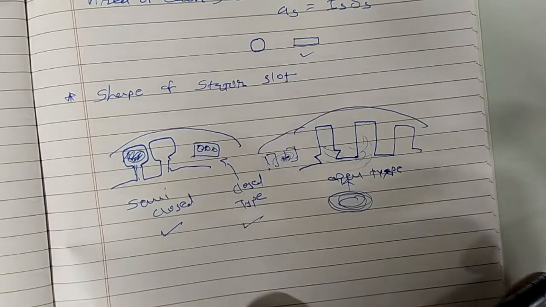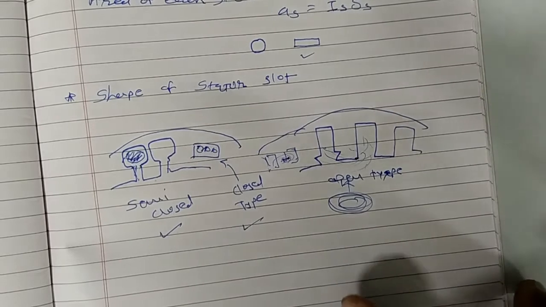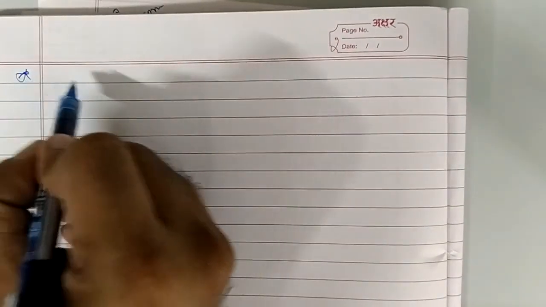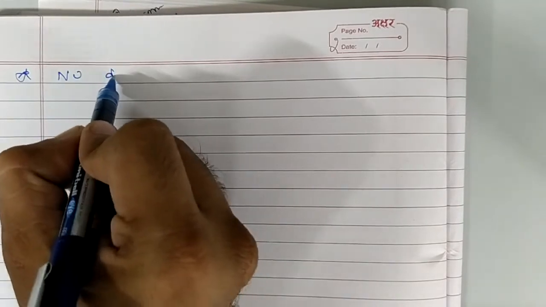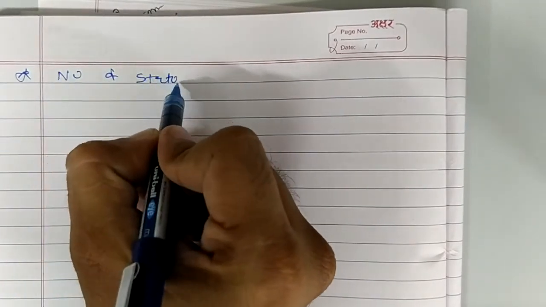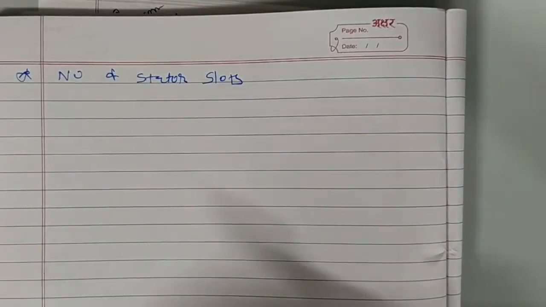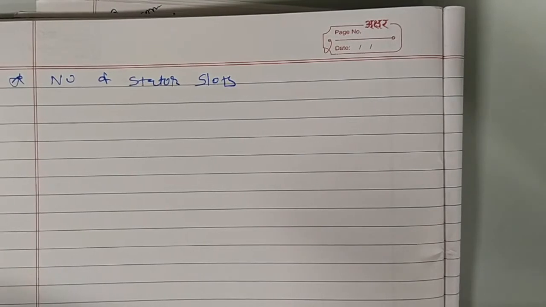Now let us go to one more important thing, that is the number of stator slots. So it is very much important to understand how we decide the number of stator slots. I can say that this is the most important point that we need to consider for the design of a stator slot. The number of stator slots is very much important in case of an induction machine,